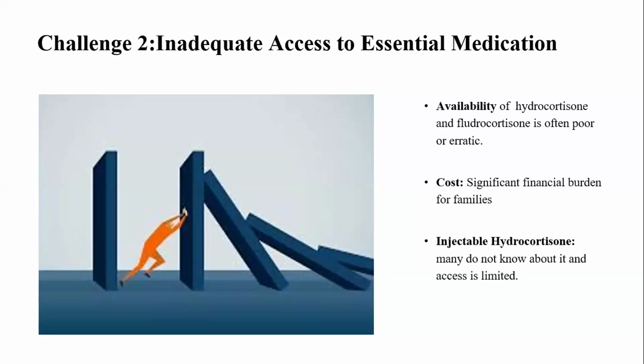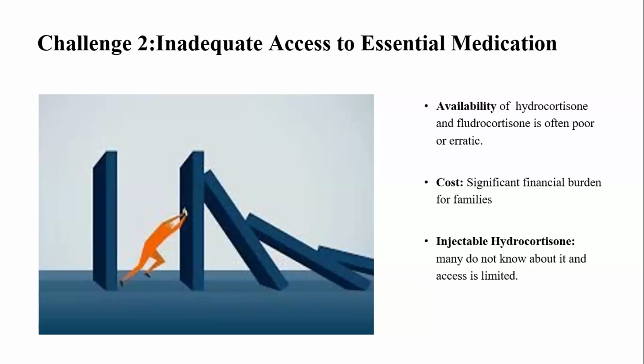The availability of hydrocortisone and fludrocortisone is often poor and erratic. So you find that sometimes the pharmacies that you're used to going to that are reasonably priced, and by reasonably priced, I mean maybe $5 difference from the normal cost, because right now